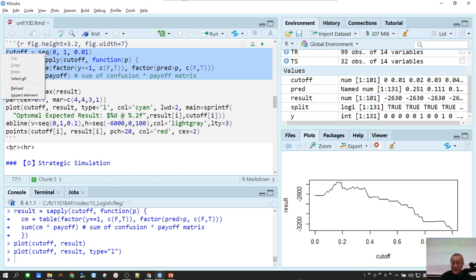So now you know, for every cutoff, which cutoff will give you the best expected payoff, right? And this is the way that you can connect your prediction to your decision. Okay? It basically tells you that